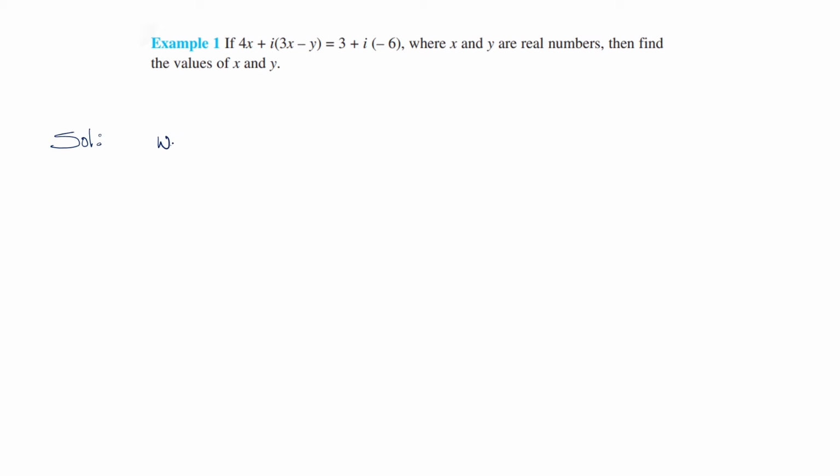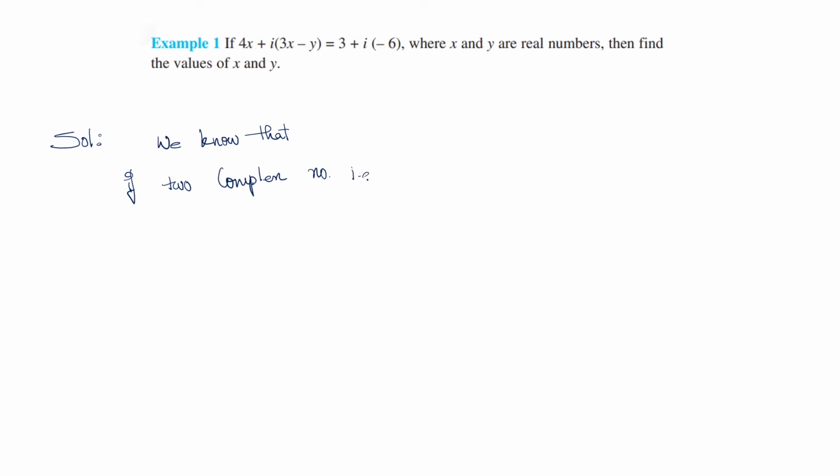Now we would be doing example number 1 of the complex number. Here we are given that the two complex numbers in the question are equal, and we have to find out x and y, which are real values. So we know that if two complex numbers are equal,